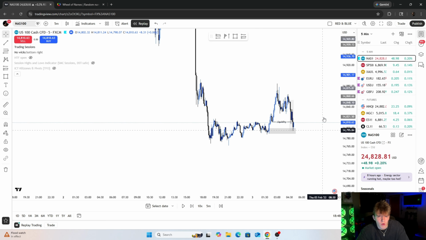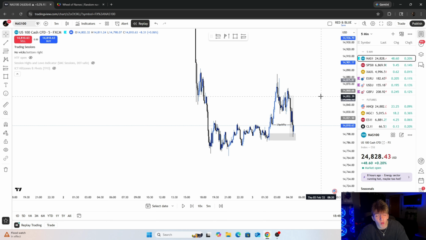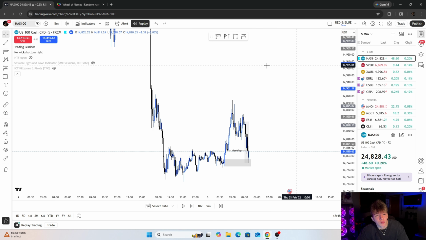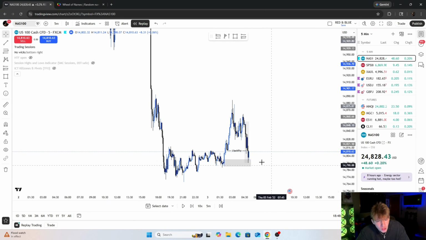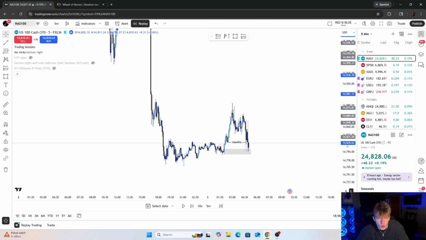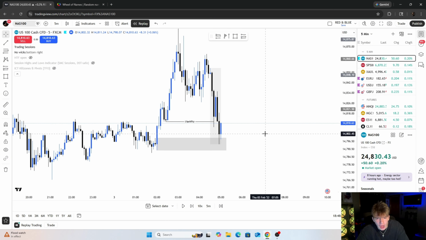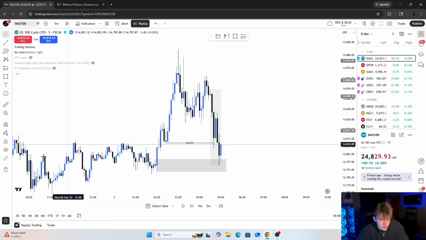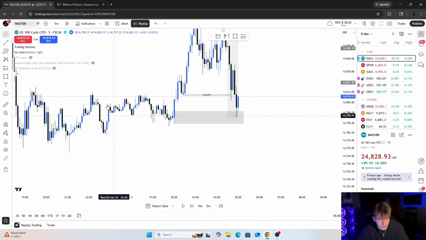I can be 100% honest with you guys, just because of how low we are and how much room we have up here, we could react from this. Realistically, we really honestly could react from this and continue up. We really could. I would not be surprised if we do that. But for me to take this zone, I'm not going to do it. We have some stuff I talk about sitting right here.